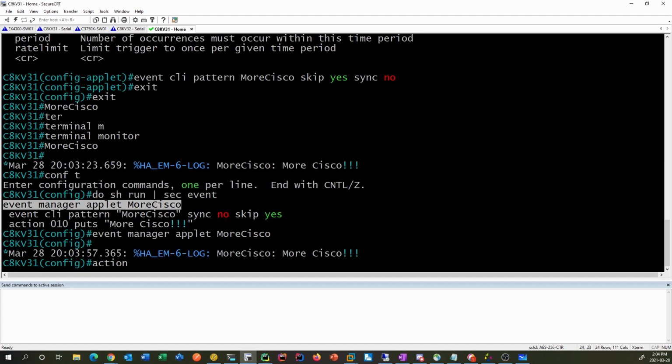So we're just going to say action. And you can see how there's no discrimination on the command line there. I just typed in applet more Cisco. And because it has found this in the command line, it's run this command. So you can see how dangerous this could be